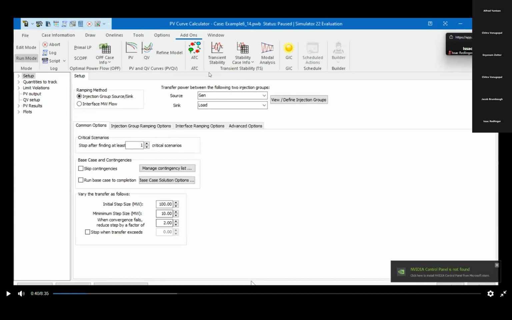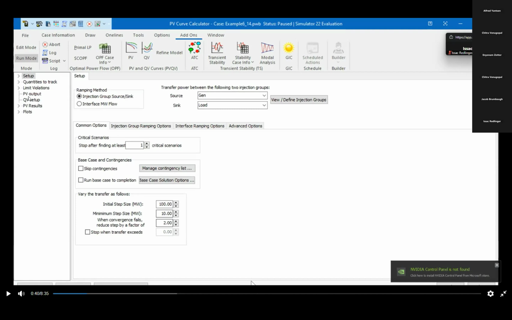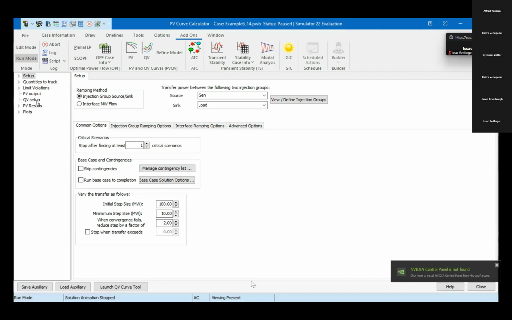Okay, so here I'm going to voice over my voice itself. Sorry. So when you do this run mode add-on PV curve, on the left hand side, you can see the steps. The left hand side is the one where you are going to plot the curve. These are the prompts to plot the curve. So to plot the curve, you need to specify which bus. You cannot plot the PV curve for the entire diagram. You need to be very specific about this bus or that bus or this equipment or that